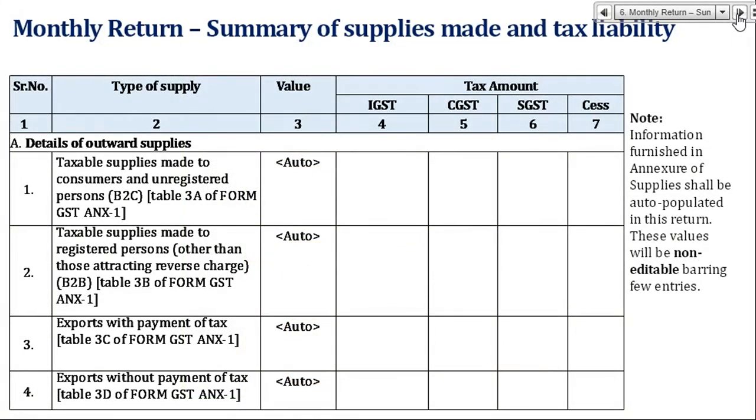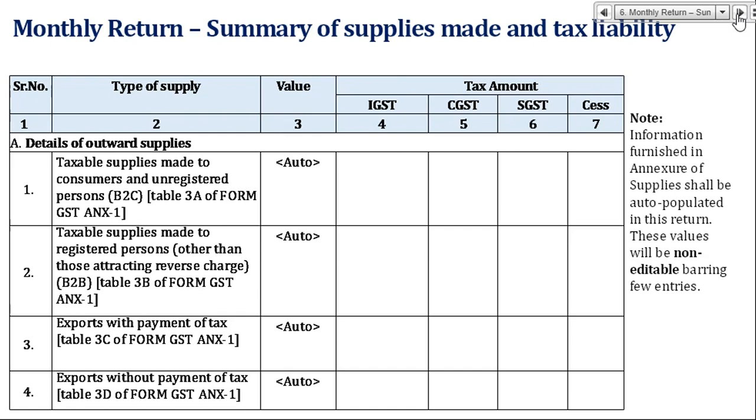Table 3, outward supply. Number A, details of outward supply. Auto means based on my ANX1 uploaded, this will get auto populated. It means I have uploaded invoice details in the portal already. Based on that upload, this is auto.